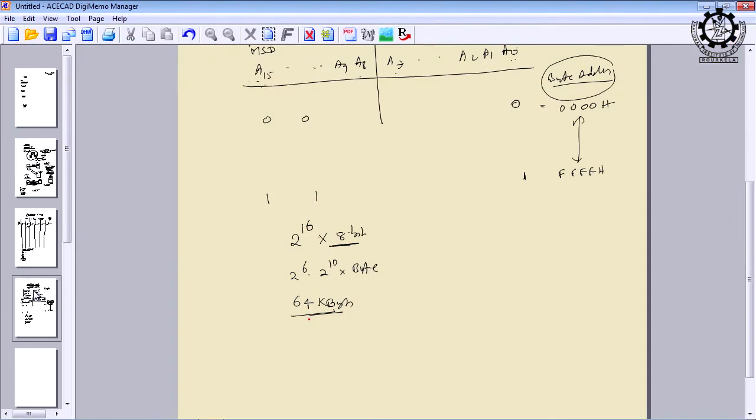Otherwise there is no meaning of memory. Always the memory system is designed keeping in mind how many address lines are there in a microprocessor, or that there is a limitation you can say. Now, we have 64 kilobytes of space. This can be organized as RAM, ROM, PROM, EPROM, EAROM, flash memory, etc., or semiconductor memories. I am telling about the semiconductor memories, not magnetic memory. So, maximum we can have 64 kilobytes of semiconductor memory if your address bus is of 16 bit.